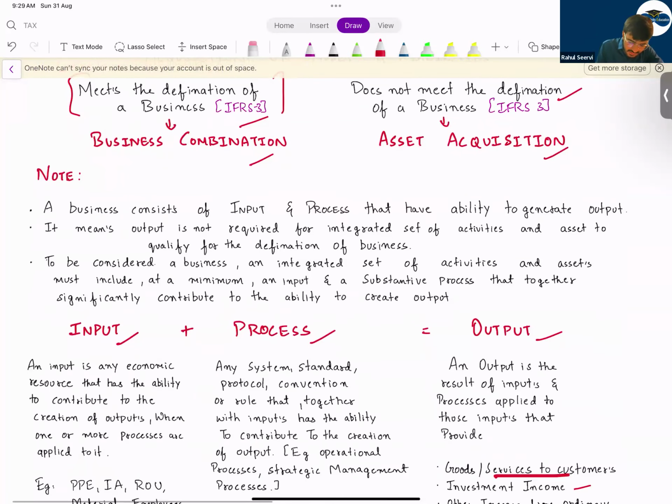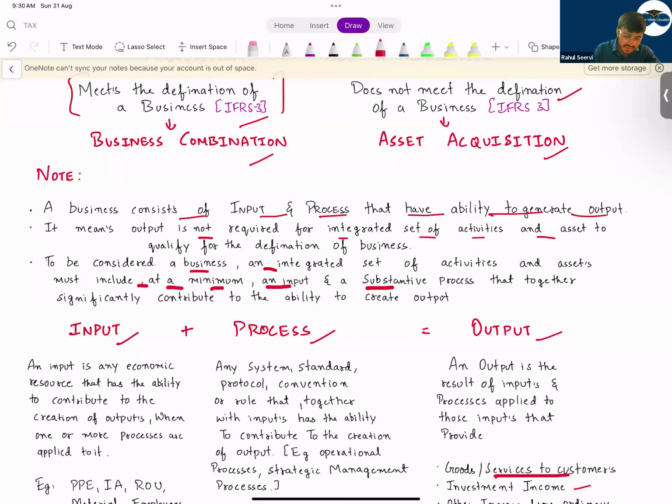Note, a business consists of input and process that have the ability to generate output. It's not compulsory that output should be there. Input and process should be strong so that the output will be generated in future. It means output is not required for an integrated set of activities and assets to qualify for the definition of business. To be considered a business, an integrated set of activities and assets must include at minimum an input and